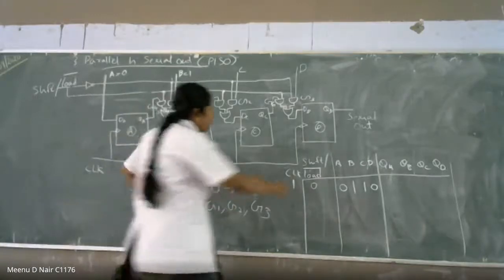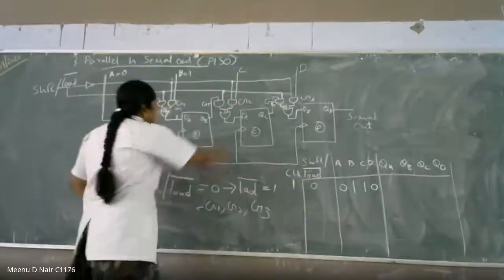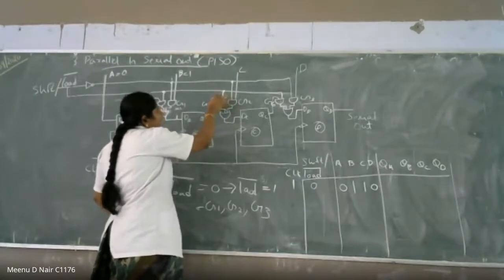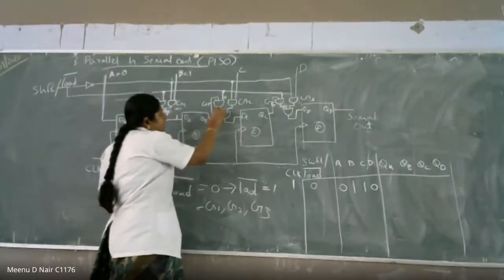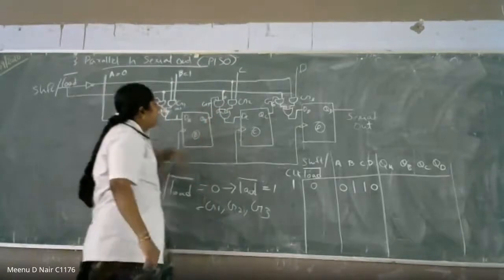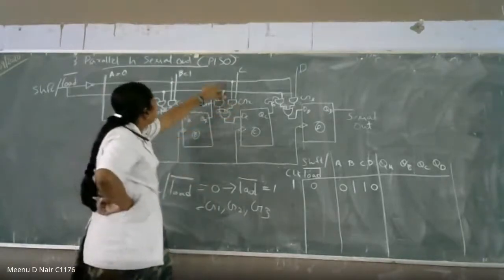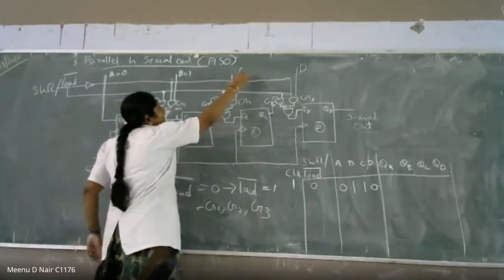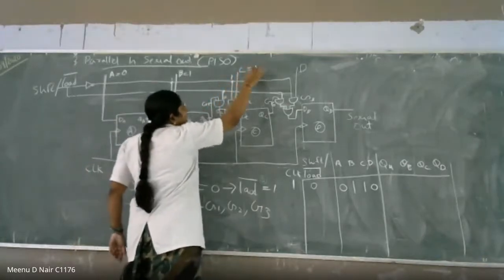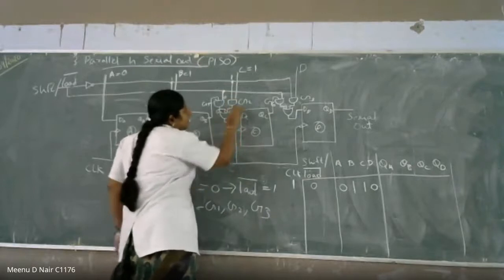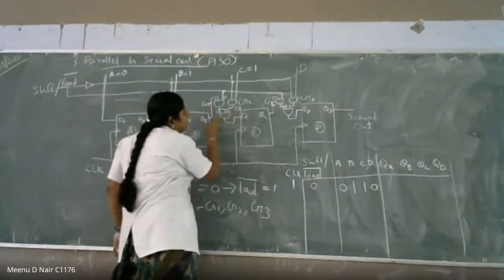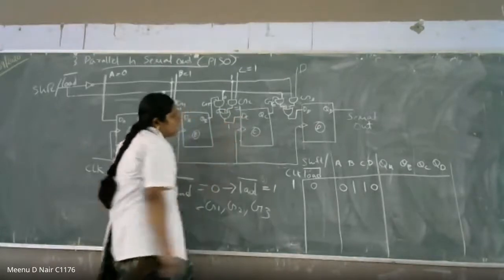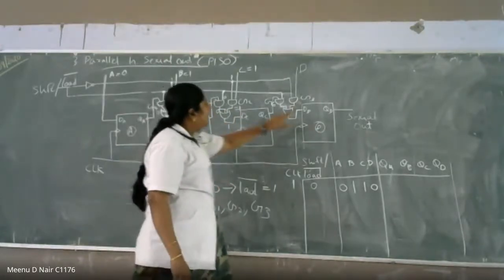Now for the C gate, again this is connected to 0 and whatever it is, it won't accept it. So the output of G5 gate is 0. Next, G2. G2 is connected to this line at 1 and C is equal to 1. What about the output of G2? G2 is equal to 1. What about the output of the OR gate? 0 plus 1 is 1. So the input of DC is 1. Then what about the DD?